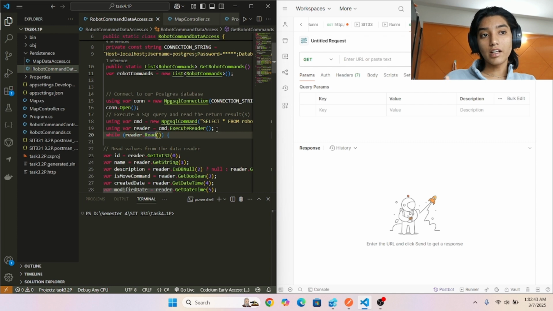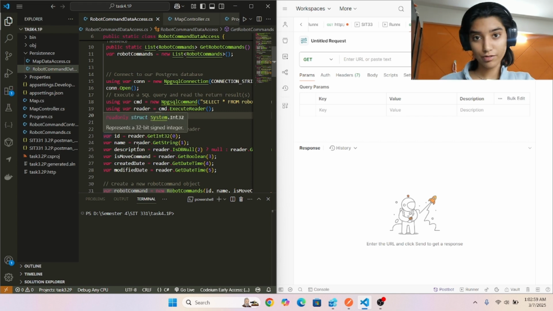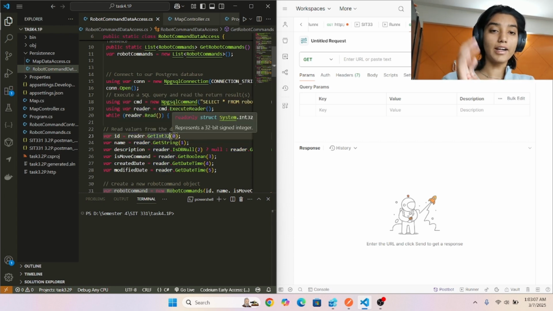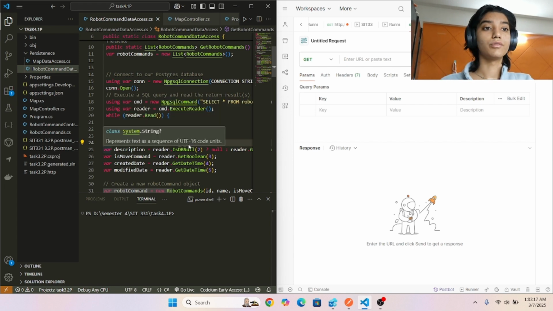And then we are reading all those things. So what this command is going to give, it is going to give all the commands inside the robot command, and it will be giving us all the values that are stored in it. And then we are reading from whatever field. So we have the ID, we are reading it, and what was the index value? ID was at the front, so the index value starts from 0 and increments from there. So the index for the ID would be 0, name would be 1, description again 2, and it could be